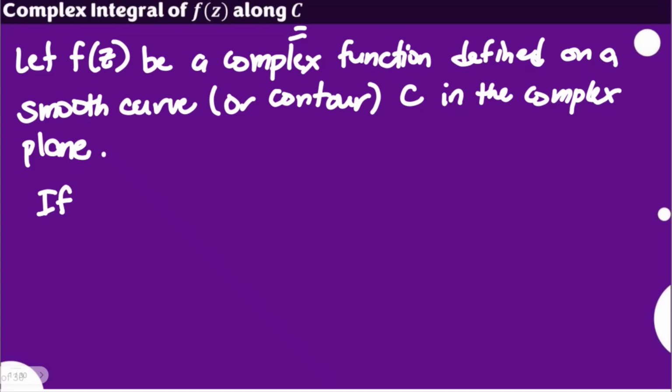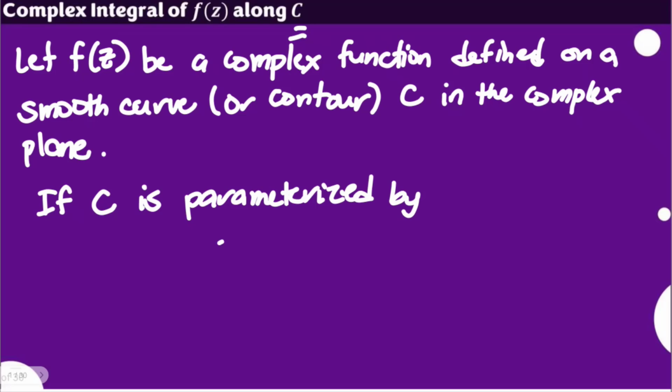If c is parameterized by, let's say, z is equivalent to z of t. We're going to make sure that there will be some parameterization of our function z in terms of t, where our t is between a and b, the endpoints of your curve, which you're going to determine later on,